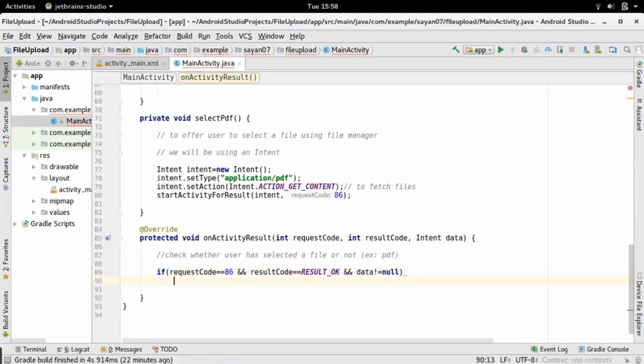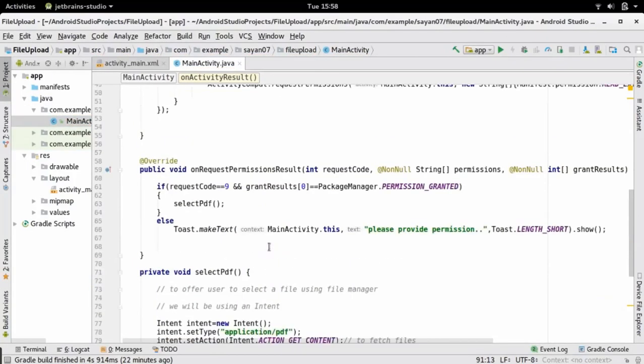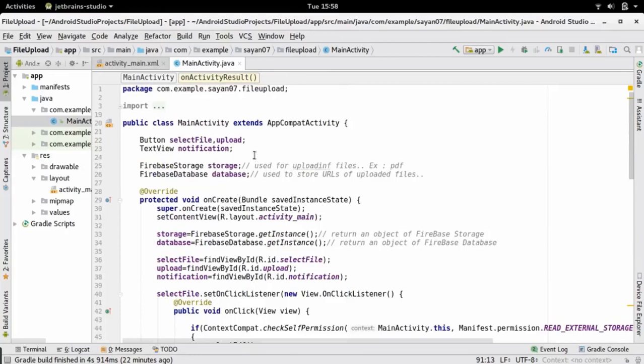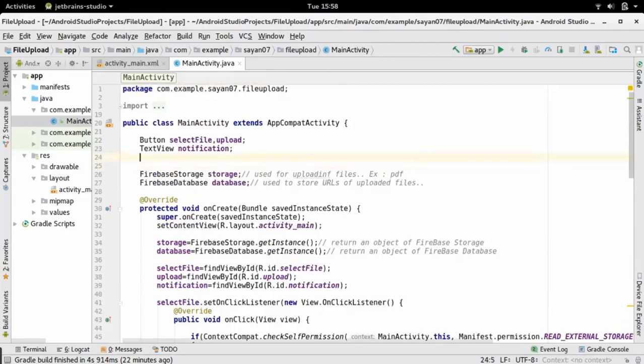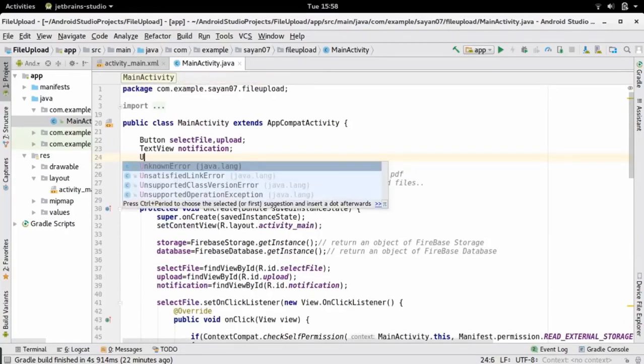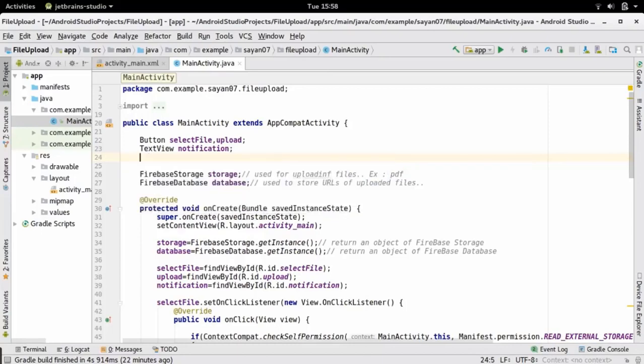So here goes our code. Now we are going to define another global variable. Move to the first lines and declare a global variable which will be a URI, and it will be a PDF URI.